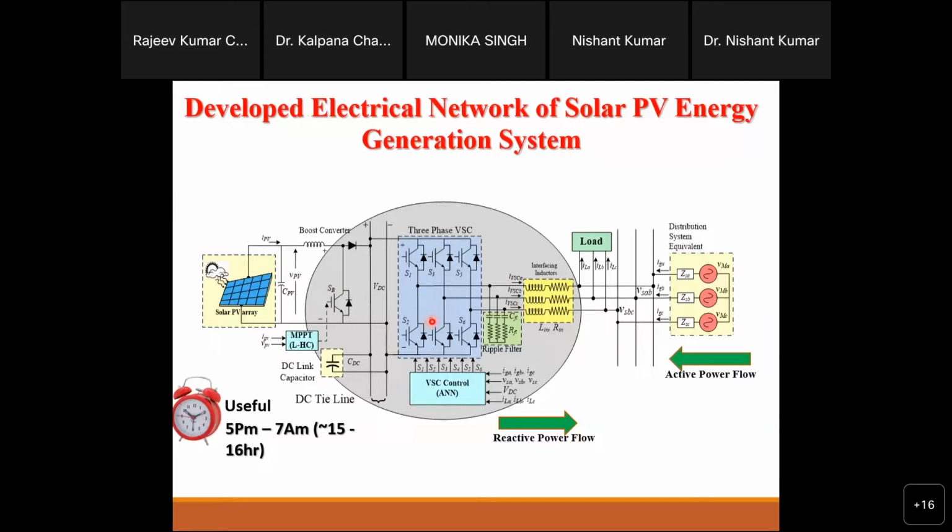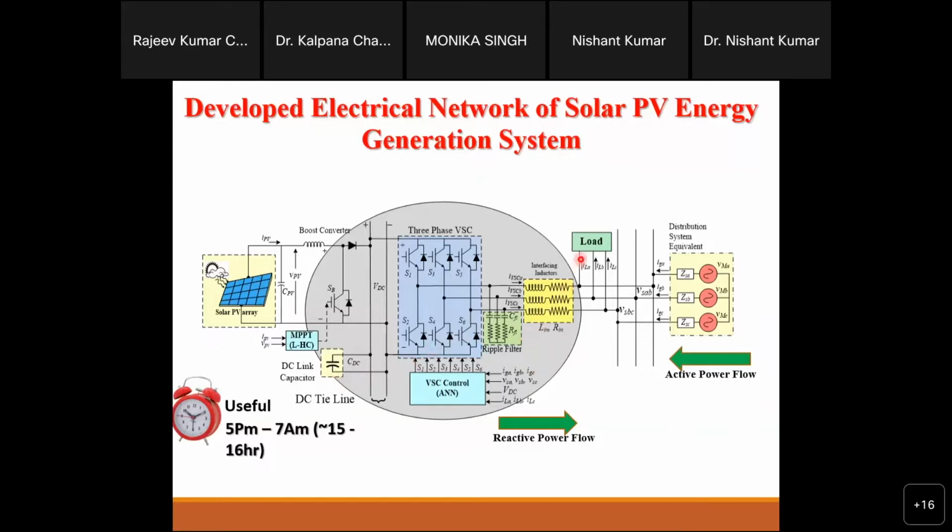What is a STATCOM? If you look at the circuit diagram of a STATCOM, it is nothing but one converter attached in parallel with the grid-connected wires, and then attached with one capacitor. The purpose of this is to generate reactive power and feed it into the grid. So we can use it as a STATCOM, and also as a D-STATCOM.